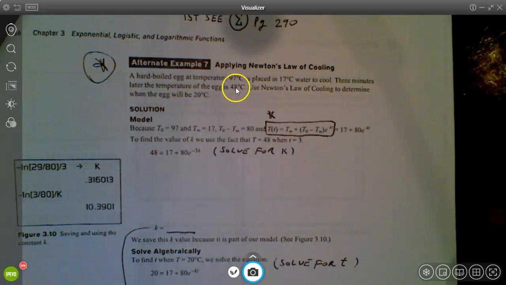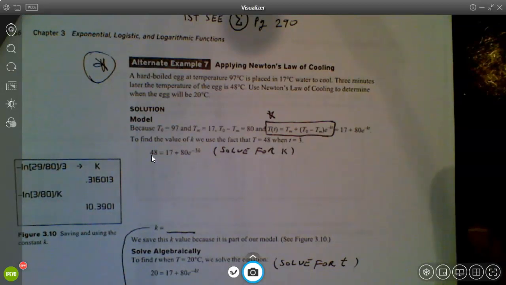So they told us some extra info. It says 3 minutes later, the temperature of the egg was 48 degrees. Right? So 3 minutes later, it was 48 degrees. In other words, if t is 3, right, 3 minutes, the result will equal 48. And so that's what you're seeing right here. So we're plugging in our information for time, the 3 minutes. Here's the new temperature that it's going to become. And now we're solving this equation. So now we're back into solving